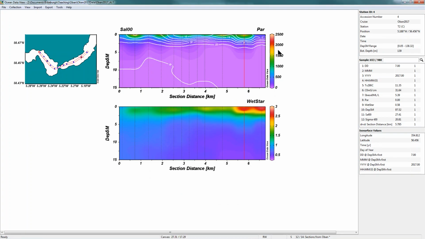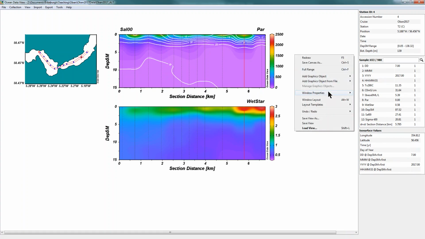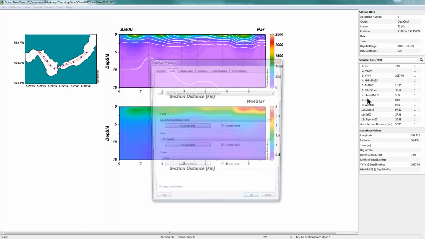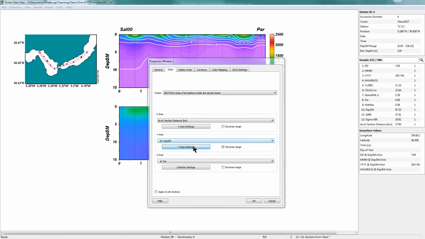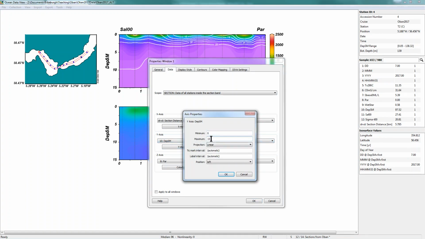And you can see that's changed the background window, okay, without changing the overlay window on top. So that's one thing we can do. I'll just show that again. So we go to window properties, go to window 1. We could maybe change the depth here. We can maybe go back to